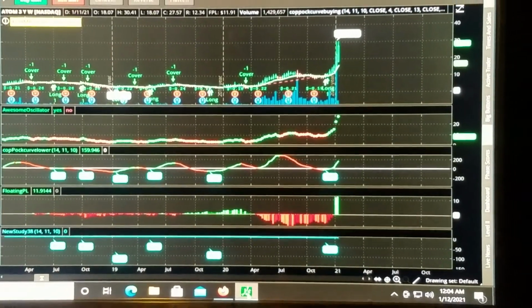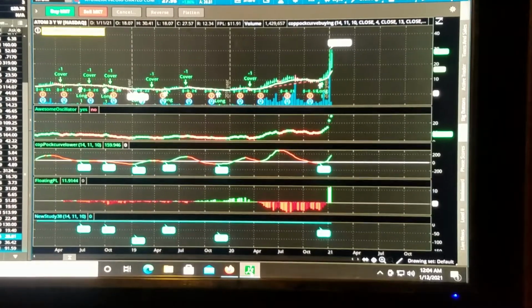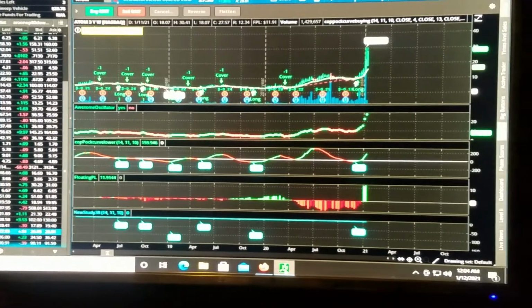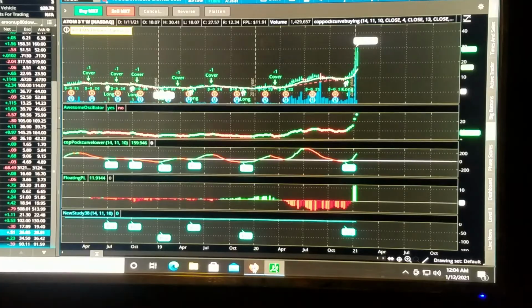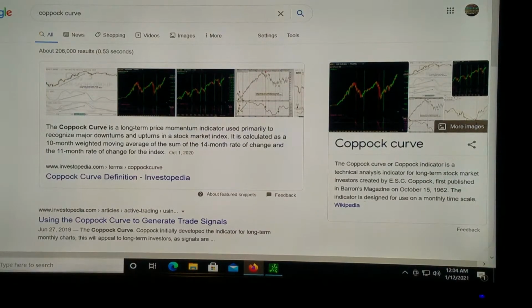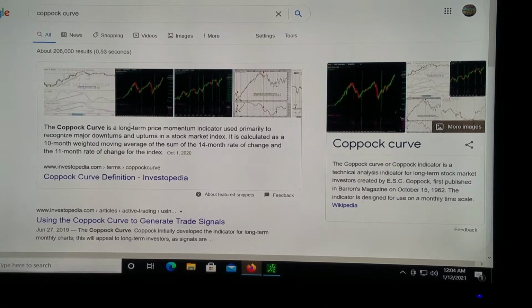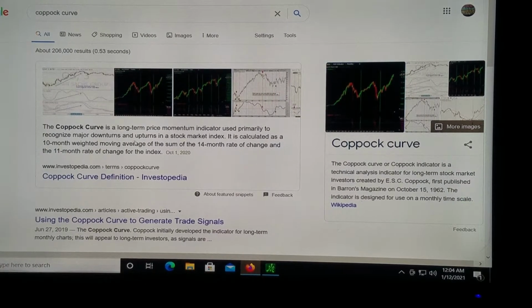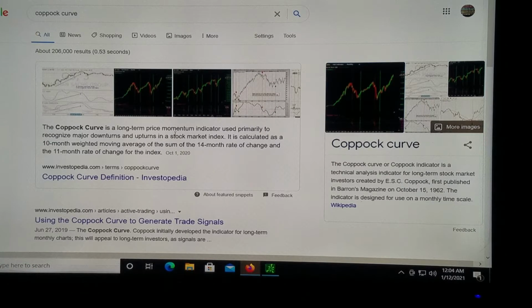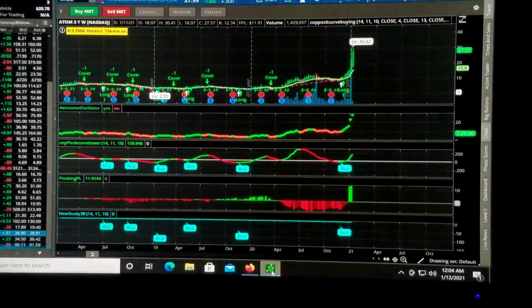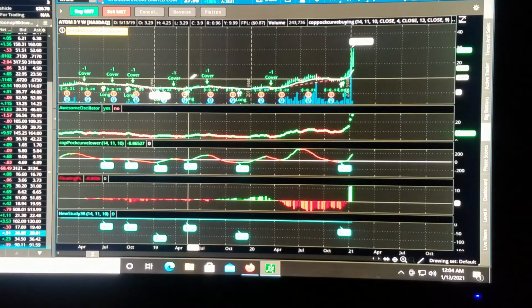Alright, we've got the Coppock curve. And that's a long-term price momentum indicator used primarily to recognize major downtrends and upturns in a stock market index. Fair enough. But as we look at it here,